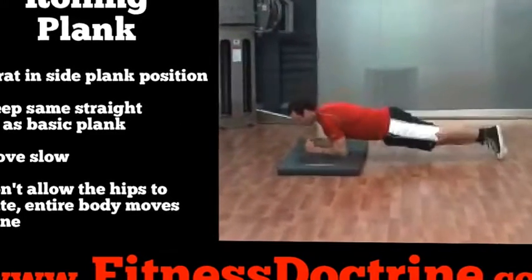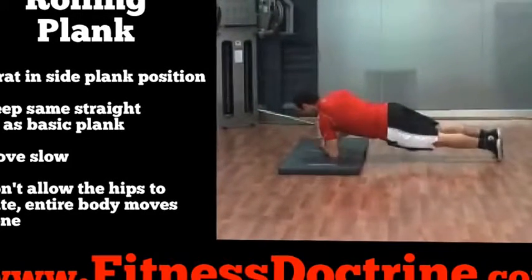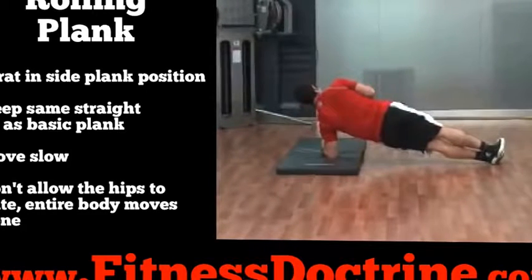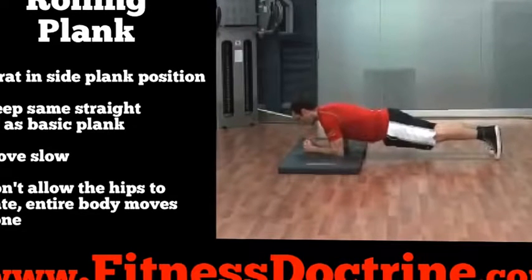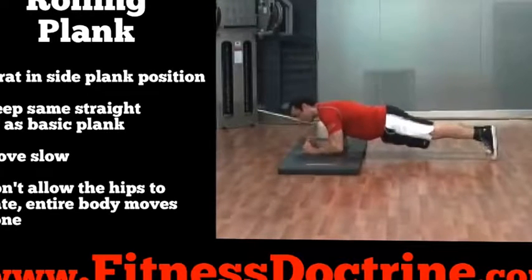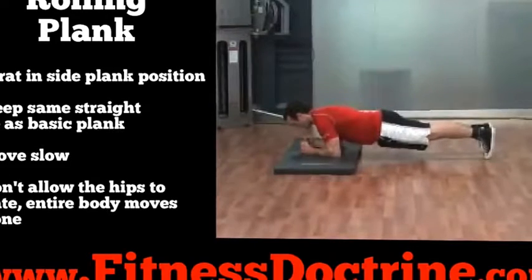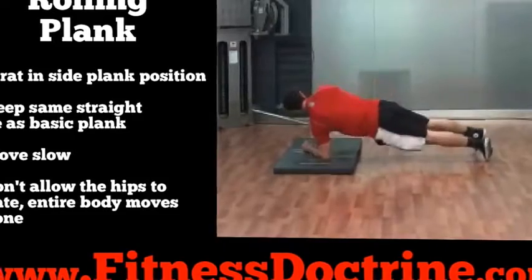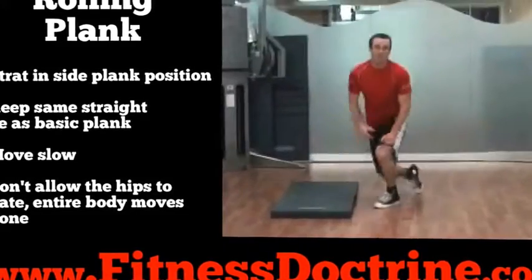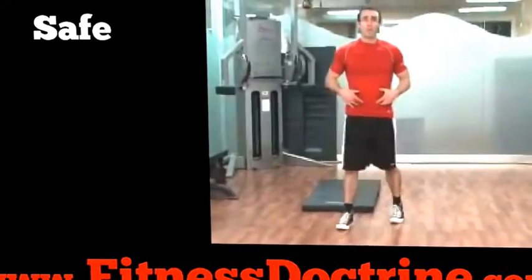We are going to switch positions down into a regular plank, and then switch again up to side bridge, and then back down. Nice and slow, not rotating at the hips, but rotating the entire body up, and just alternating positions, but without hip rotation. So that's a very tough exercise to do, but that works your obliques in a much more effective